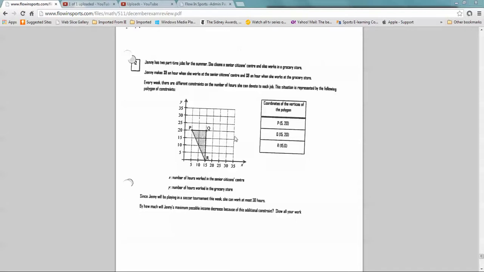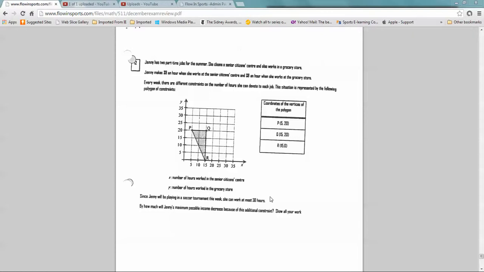You'll notice here the coordinates of the vertices of the polygon. P is 5, 20, so 5, 20, that's P. Q is 15, 20 over here, and R is 15 and 0, where X is the number of hours worked at the senior citizen center, and Y is the number of hours worked at the grocery store. Since Jenny will be playing in a soccer tournament this week, she can work at most 30 hours. So right away, that's a key new constraint, and you need to